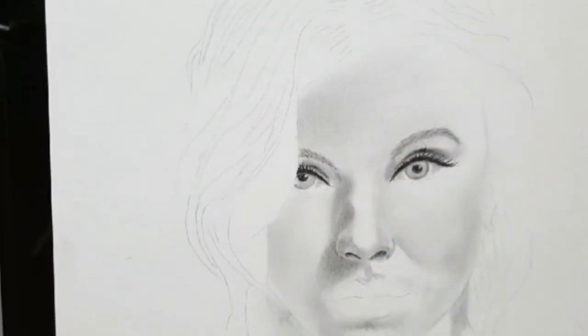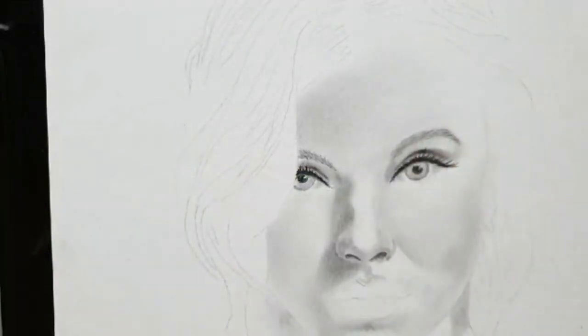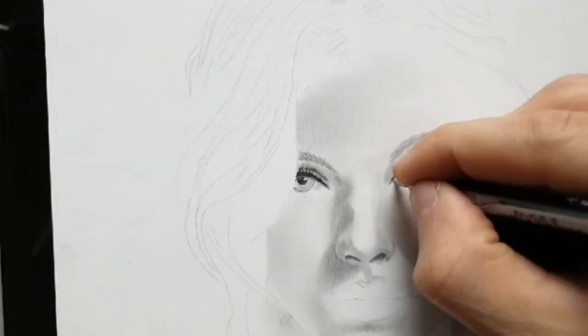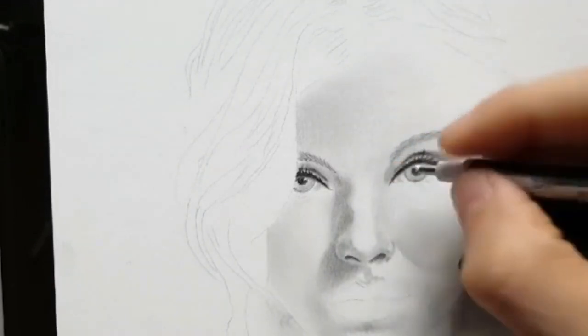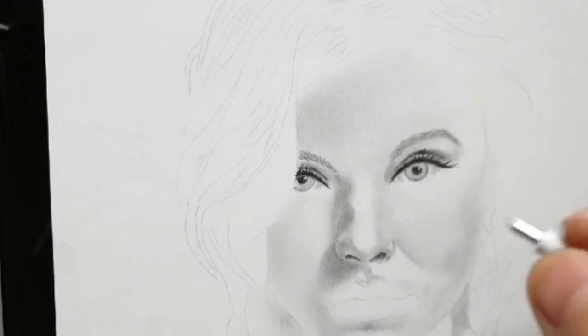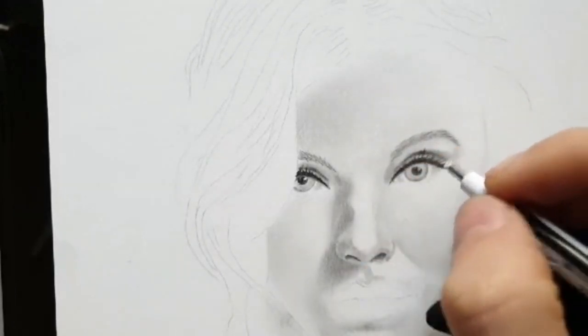Okay, now a very important role is played by the Tombow Mono Zero eraser. If you're blending, you can't blend perfectly, but you can repeat the procedure with this eraser. So I need highlights here, just a dot, and I put a small dot here, but only on this eye because this is shadowing. So I leave this one, and don't worry, when we finish the portrait we put jelly roll and you will see very nice art. Okay,